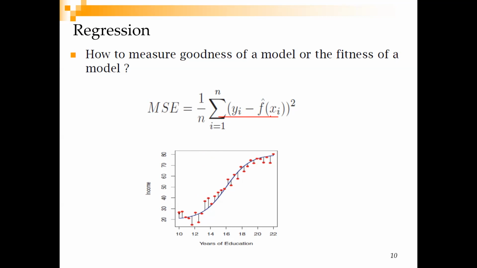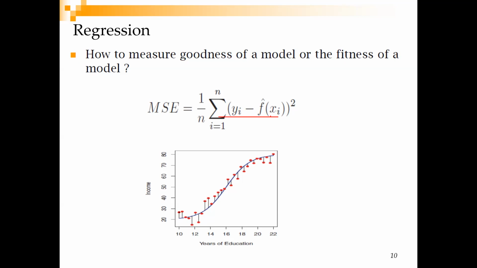And for each of the points, this projection that you see, this perpendicular line, gives you the error. Are you getting me? So for each of the observations I get the error, and here you get a positive error, here you get a negative error. So this can cancel out. So we are going to take the square of the error so that they don't cancel out. And then I go through all the observations and sum it up, right?